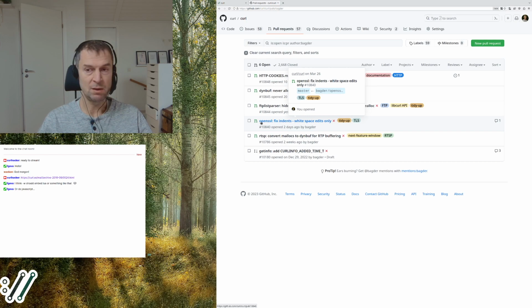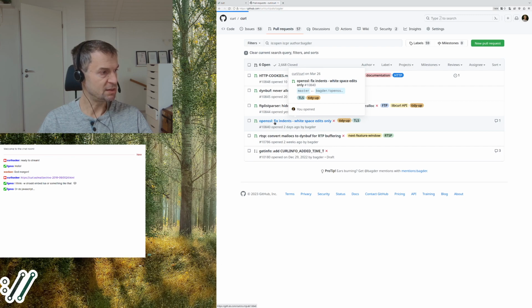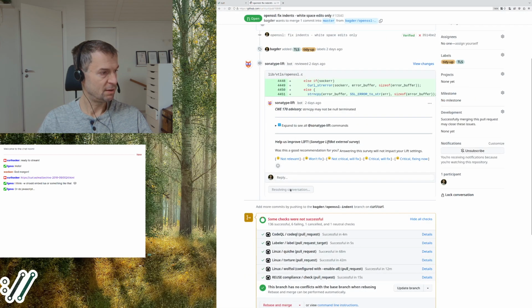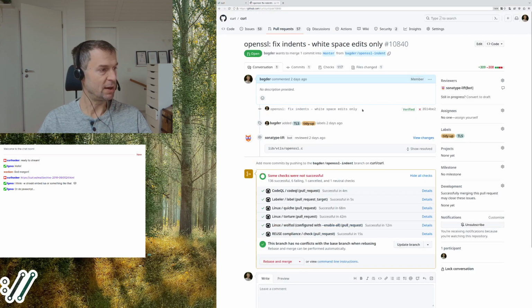And then I did an indent fix on the entire OpenSSL code. And there's another OpenSSL patch, so maybe I can merge this one. It's actually pretty big, because it's 300 lines that were so annoying. I changed indentation of a line, and then I get static code analyzer warnings. But anyway, as you can see, the 300 lines modified are all just white space edits.